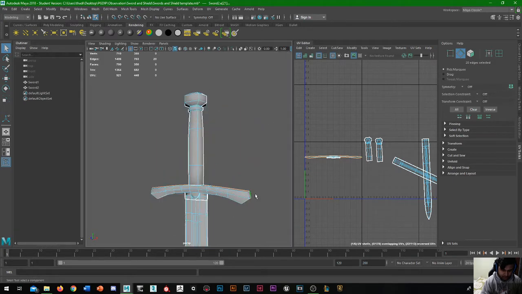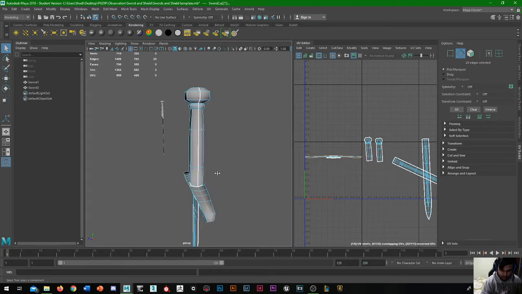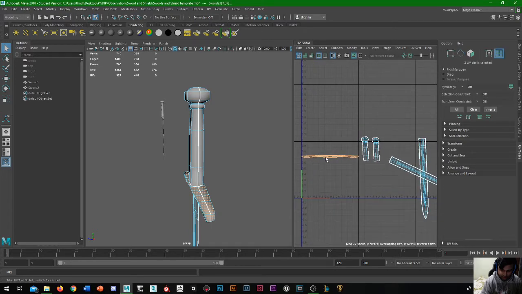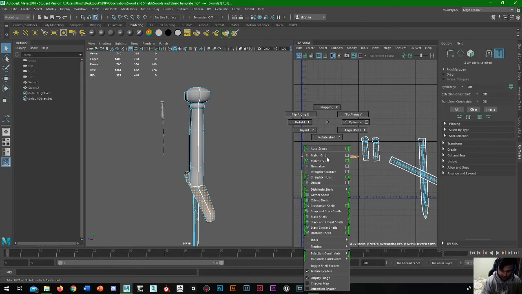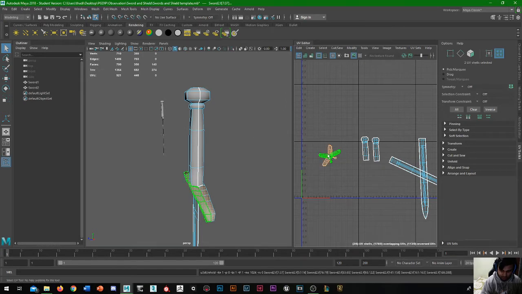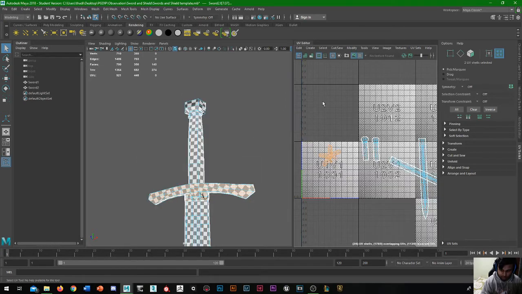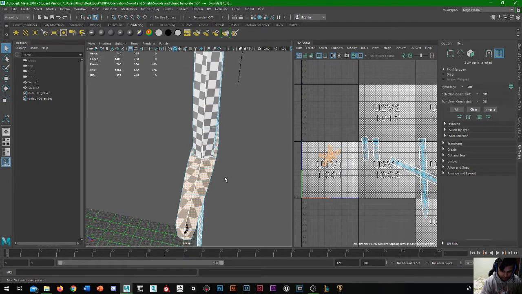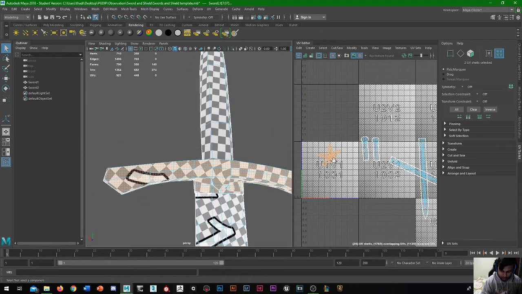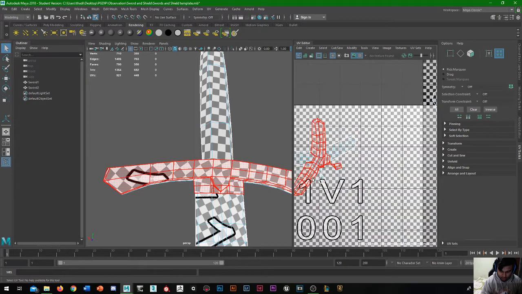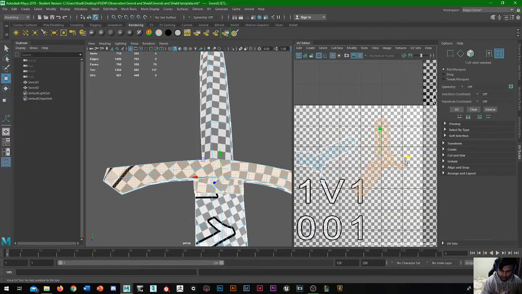So now what I can do is, sorry, let's redo that, like so. And then let's go into UV shell, have these selected. First we're going to just see what happens if we unfold them. Unfold, unfold. So as you can see, what's actually happened is it's made it into, let's see if they're two separate,